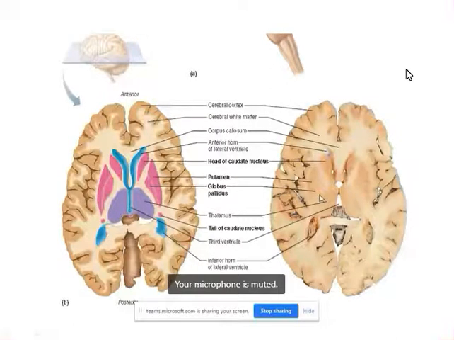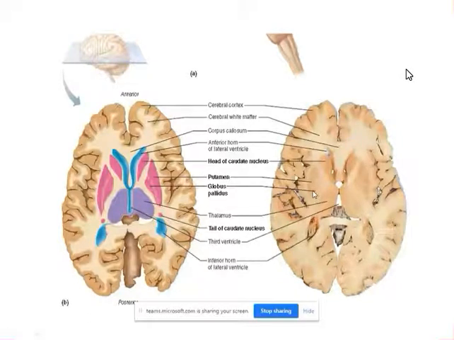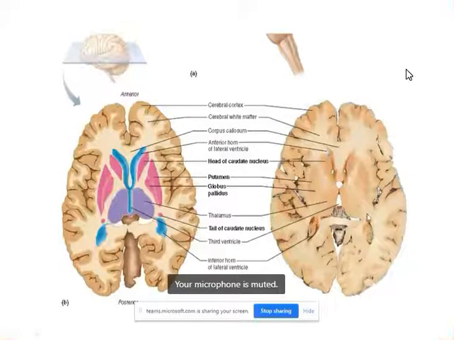If you look here in the specimen, the putamen is shown here, and the globus pallidus is shown over here, and the other areas of the basal ganglia are also shown. You can see this type of structure, this internal capsule, and this is the head of the caudate nucleus, and the tail of the caudate nucleus is somewhere there. If you compare the figure, it will be there. So if you get a brain like this, you could see this type of schematic. This is the schematic diagram, and this is from the specimen itself.